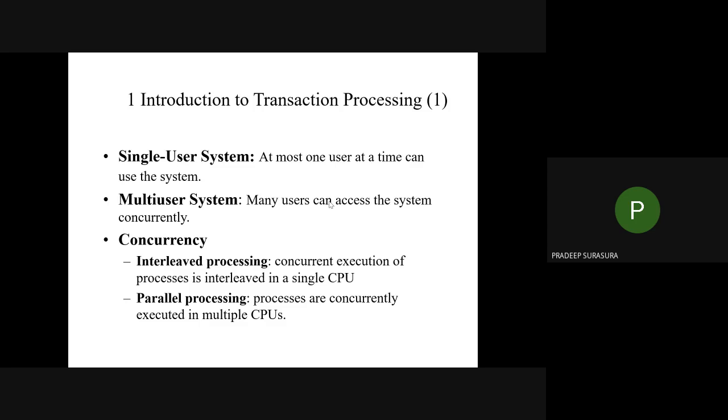So when you're trying to access concurrently, or when we want to bring concurrent executions of multiple transactions, then you need to take care of interleaved process, and obviously parallel processing has to take place in order to execute the things. Now, just imagine if you have a computer which is executing only one process at one point of time. If you are editing your Word document as well as listening to songs simultaneously, and it is not possible, then definitely you cannot access things.